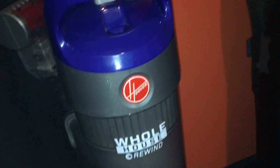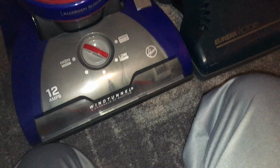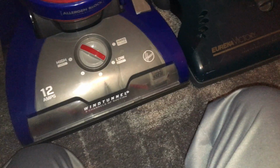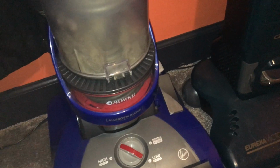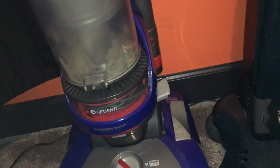It is $150, but it's always on sale, so us vacuum reviewers or vacuum collectors that own these mostly just say $100 because it's always on sale. And you can buy a warranty, which I did. It's an extended 2-year warranty for like $30, which was dumb of me because I don't have the information for this thing anymore, so I won't be able to use the warranty anyway. I might be able to find that information, but I transferred money from my account into my mom's account, and she bought it, so she's got all the stuff for this. I already threw away the box. I should have kept it, because if I ever end up selling that